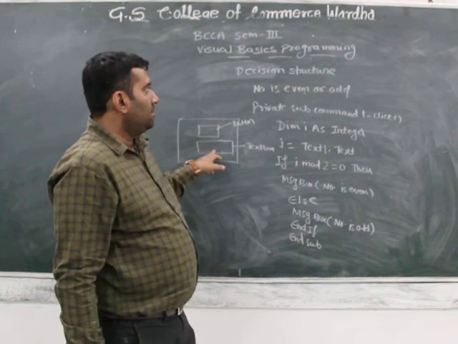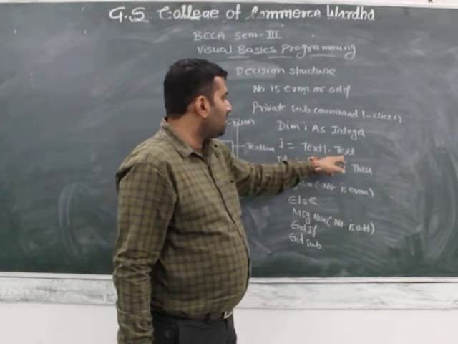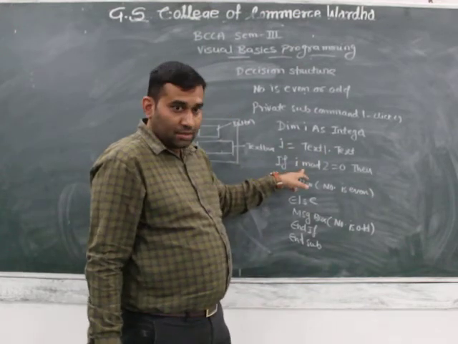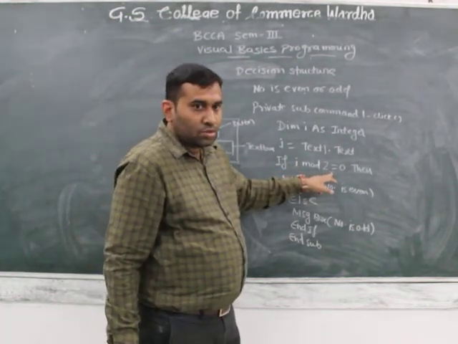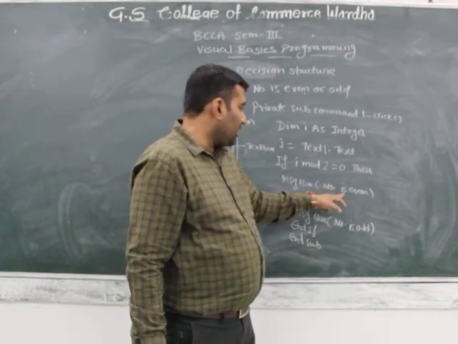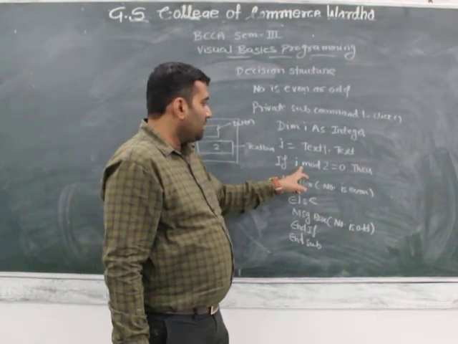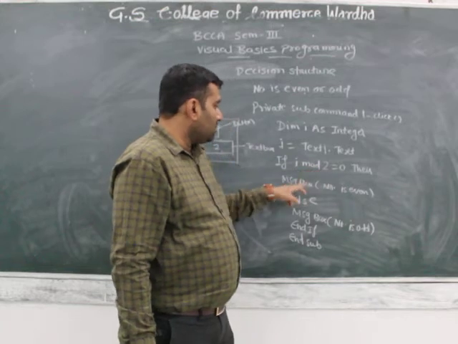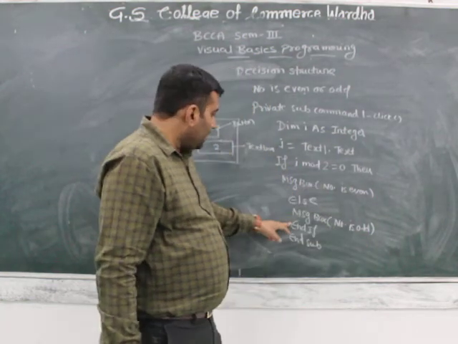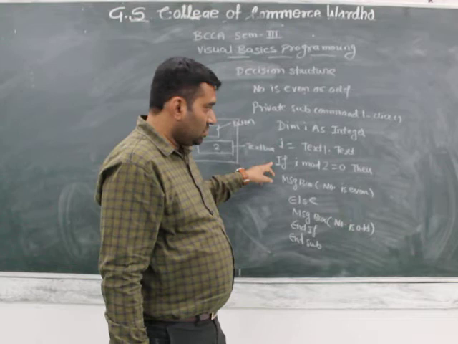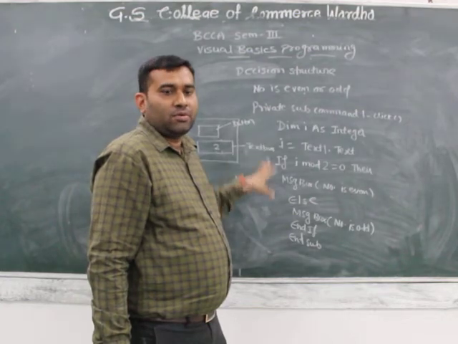When you enter any number it checks it. The entered value is stored in i, from text1.text. Suppose you enter the value 2, i mod 2 is 0, then the message box displays even. Otherwise, if you enter any other value like 3 or 5, it checks i mod 2, then goes to the else part and the message box displays number is odd. In this way, close the if with end if, and close the sub with end sub. In this way write the program.